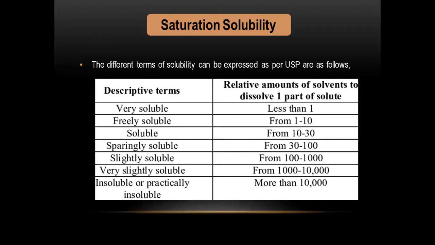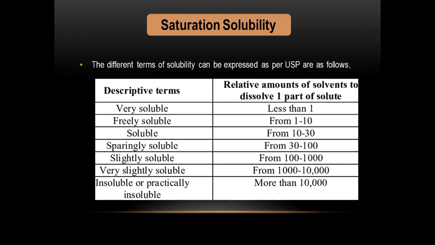As per USP, the different terms of solubility can be expressed as a descriptive term and the relative amount of solvent to dissolve one part of solute. In case of very soluble, less than 1 part of solvent to dissolve 1 part of solute. In case of freely soluble, from 1 to 10 parts of solvent to dissolve 1 part of solute. Soluble, that is from 10 to 30 parts of solvent to dissolve 1 part of solute. Sparingly soluble,